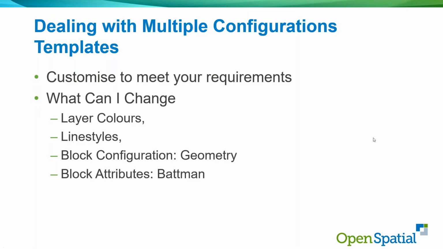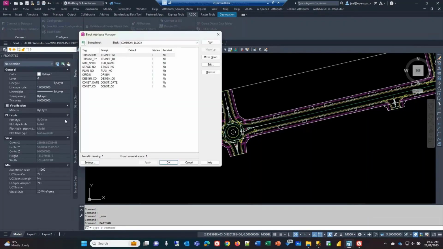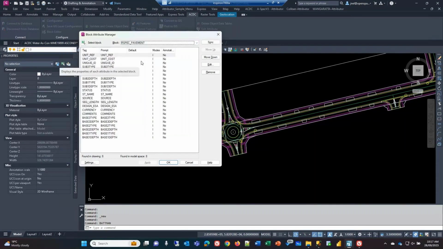So if you want to order the block attributes, move them up and down to more closely align to your data capture process and not have to worry about the attributes that you are working with, you can also go and configure that. So if I go to the block attribute manager and I look at my pathways, I'm not worried about unit cost and unit references, so I want to move that down,